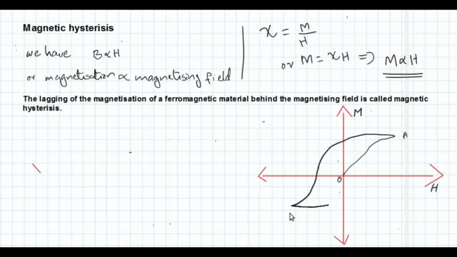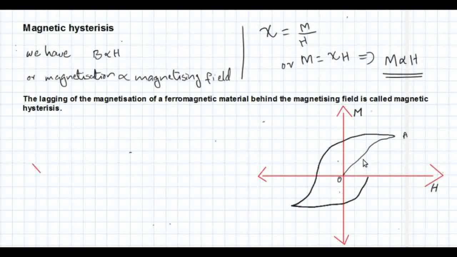Now again we are decreasing the magnetic field on the left side, and now the value of the magnetizing field is 0. Now we increase the value of the magnetizing field again, and it has covered 2 points. At that time you can see that the magnetization is 0, right?